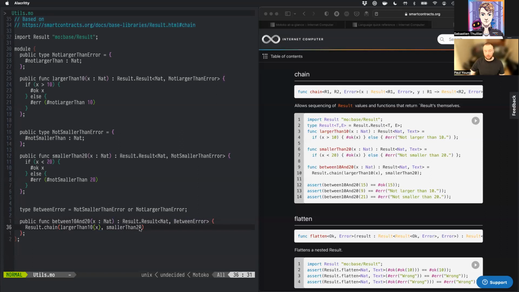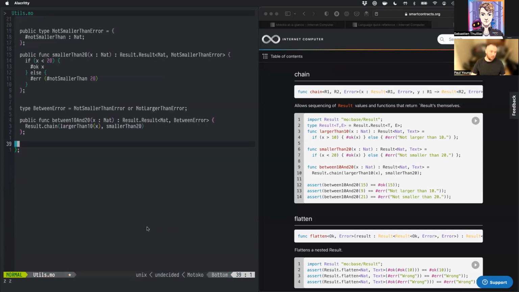And in some languages, there's specific notation for doing this, often called do notation. In Motoko, there's something similar just for optional types. So you can do something like this. This is actually a newer feature that I'm less familiar with, but you can say do, and then